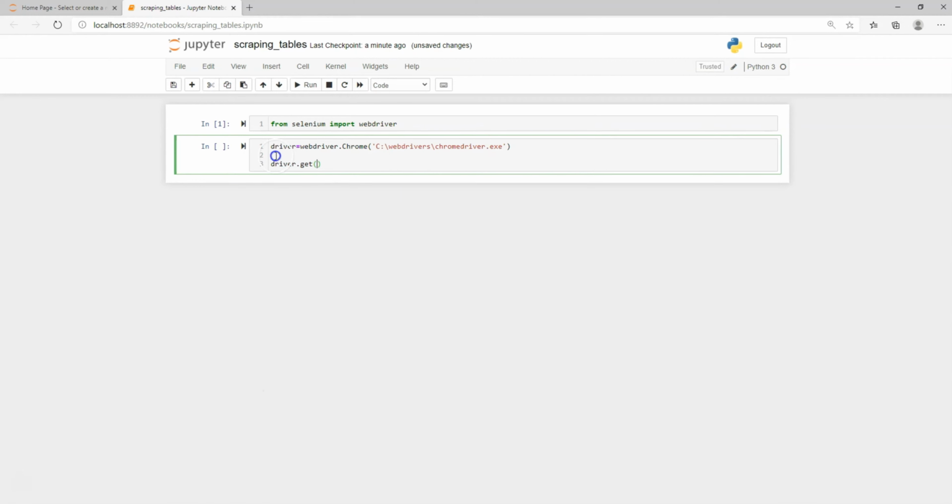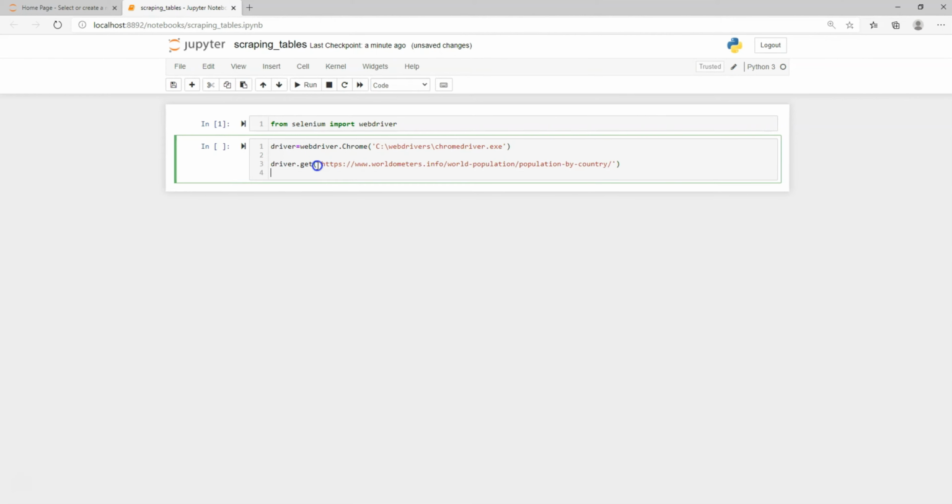Back to our IDE, and let's paste our URL string inside this get function. Alright, so this is the next step, and afterwards let's, as always, maximize the window. And now let's run this code for the first time,